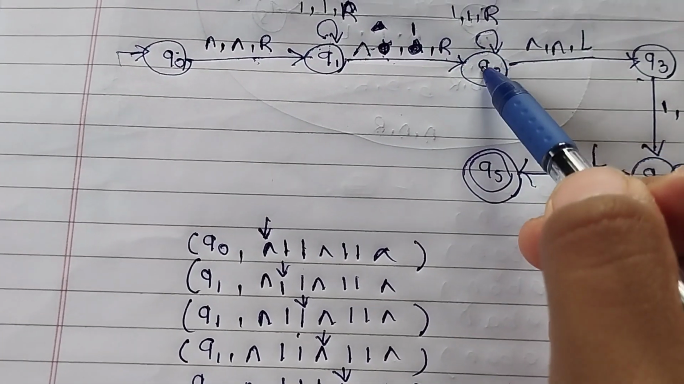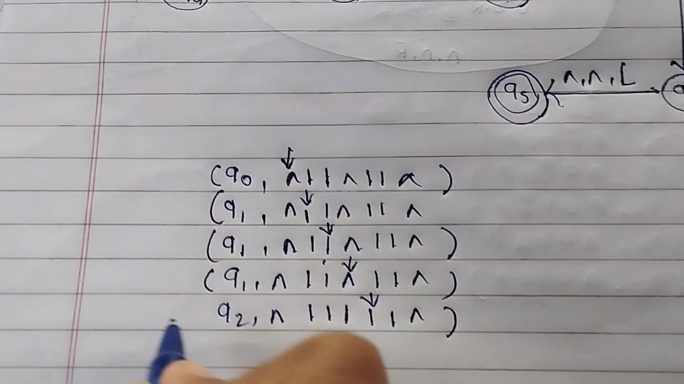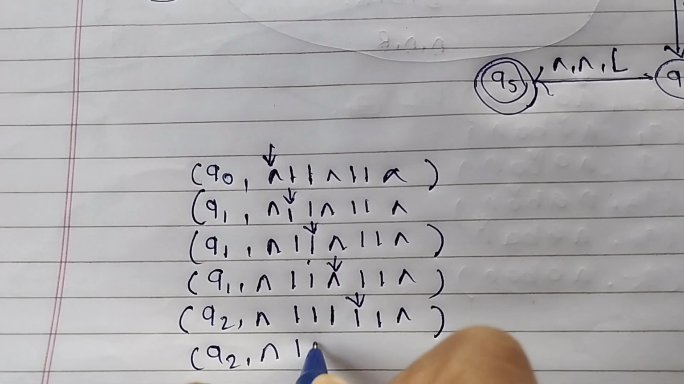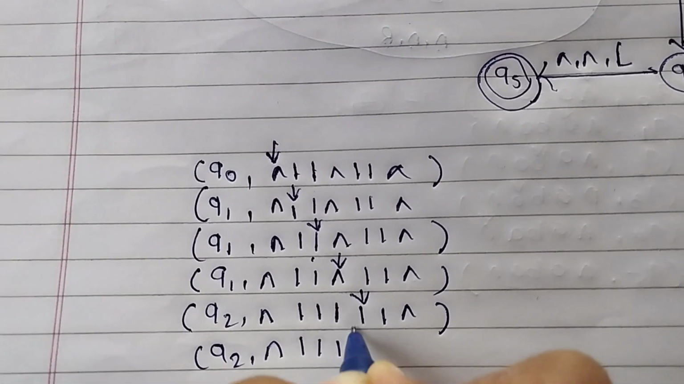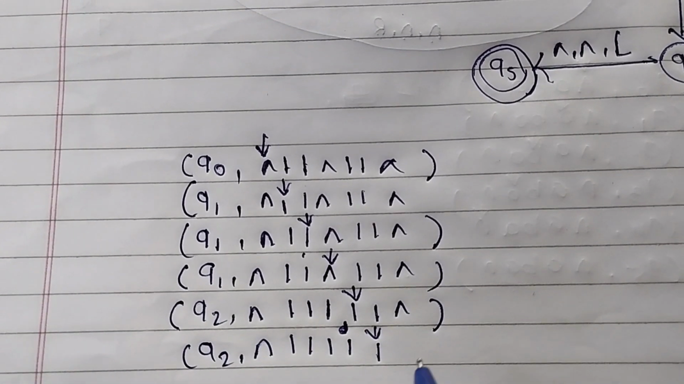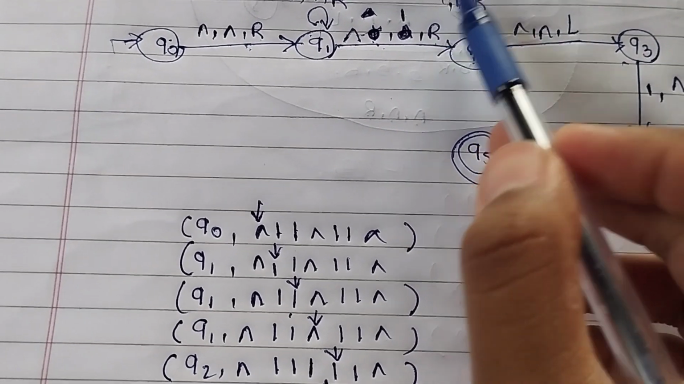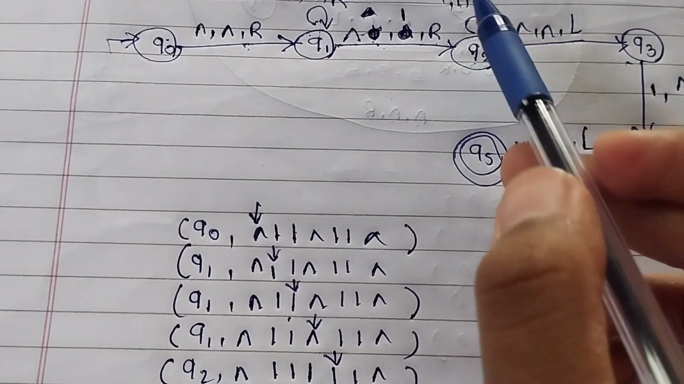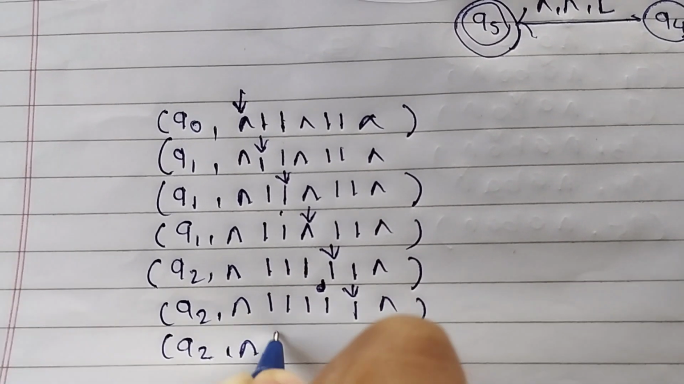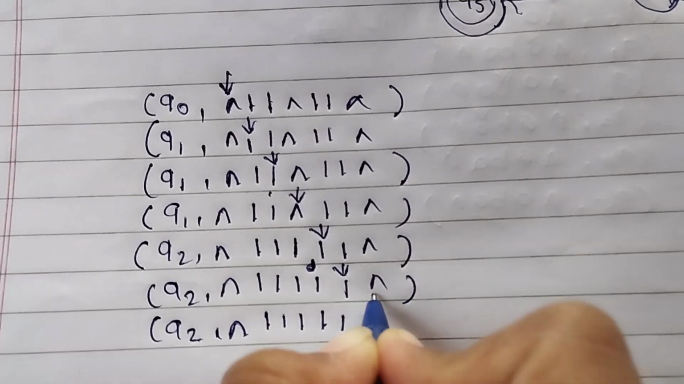Now when you read the 1, keep 1 as it is and move to the right. This is in the Q2 state. So in Q2 state, if you read 1, keep this 1 as it is, and move to the right, means now we are here, and this null as it is. Now again if you read the 1, then stay in Q2 state itself and move to the right. So Q2 null 1 2 3 4,